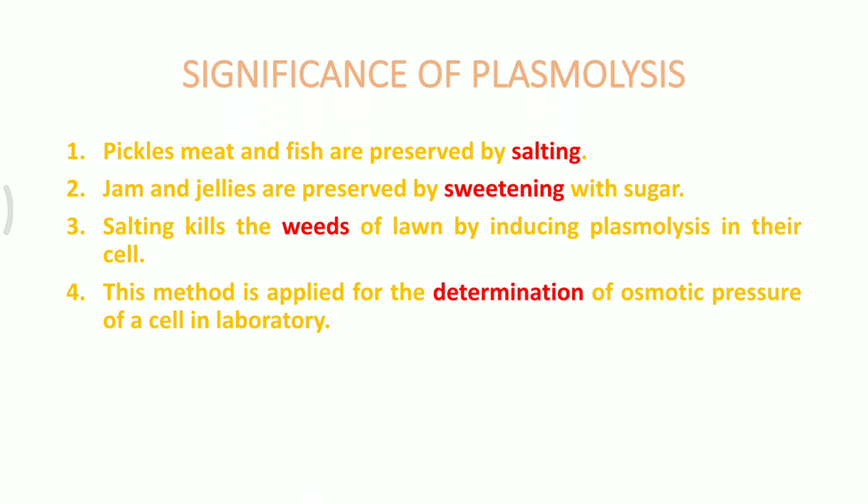The importance of plasmolysis is it helps in making pickles or jams and jellies. So think about a cell kept in a very highly concentrated solution of salt or sugar. In both conditions, the water inside the cell will be lost to the hypertonic solution, and as a result, the inside content will lose water. And when the cell is itself losing water, the inside protoplasm will be filled with sugar or salt,